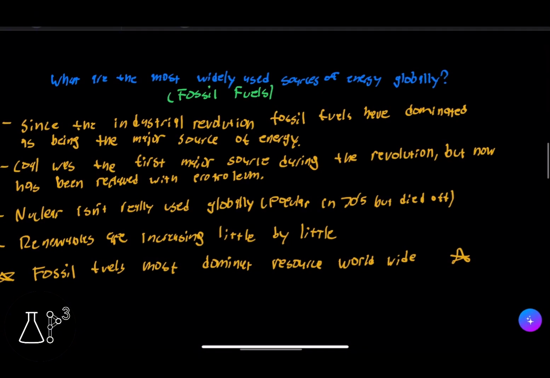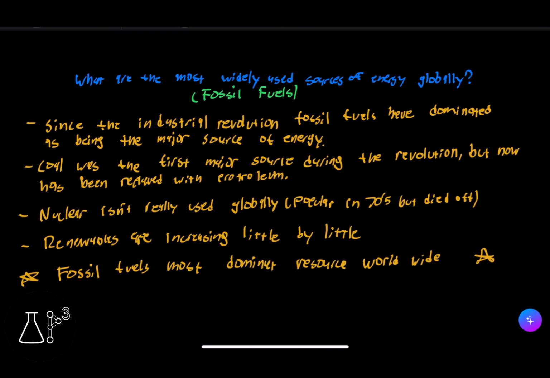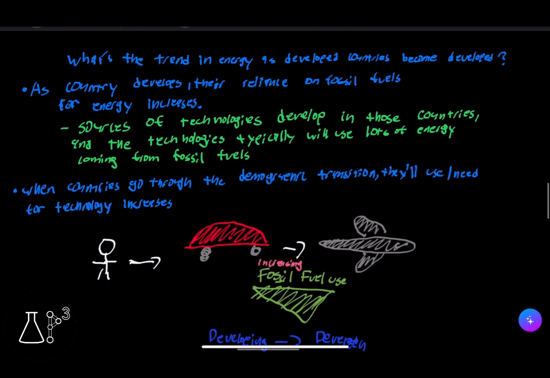So what are the most widely used sources of energy globally? Always going to be fossil fuels. Since the Industrial Revolution, fossil fuels have dominated as being the major source of energy. And coal was the first major source during the revolution, but now has been replaced with petroleum. And nuclear isn't really used globally now, but it was popular in the 70s, but as time progressed, it has died off. And renewable resources are increasing little by little. Again, fossil fuels are the most dominant resource worldwide,